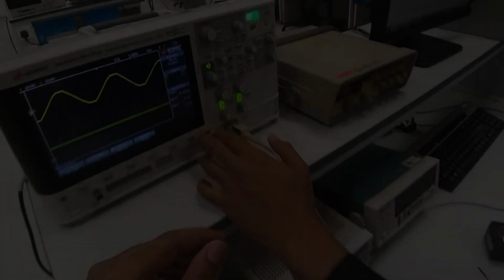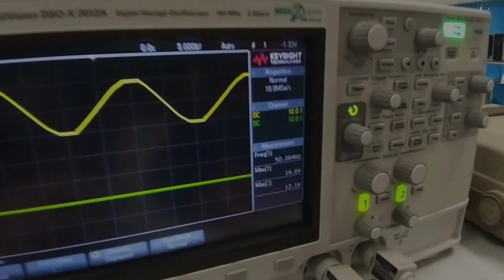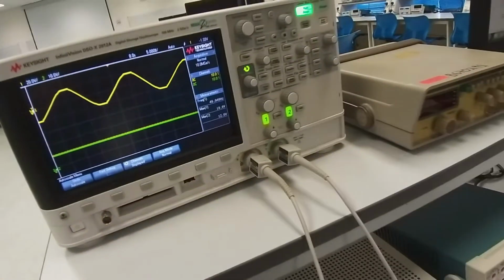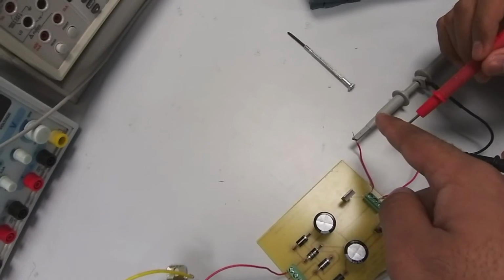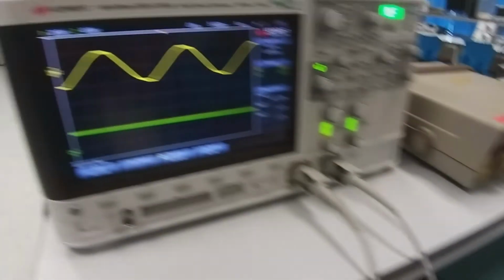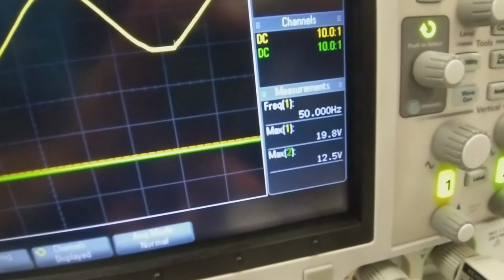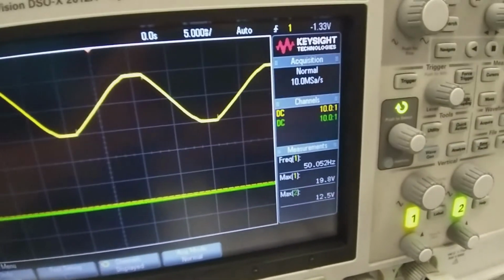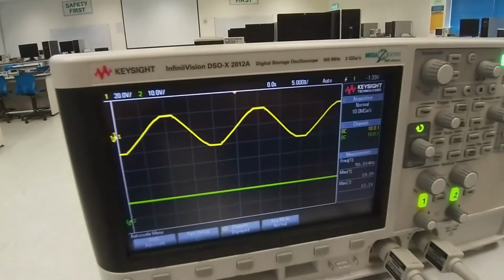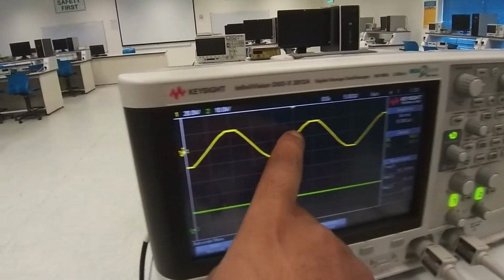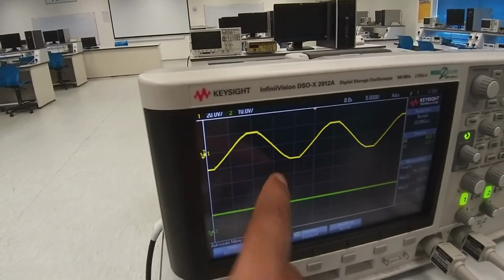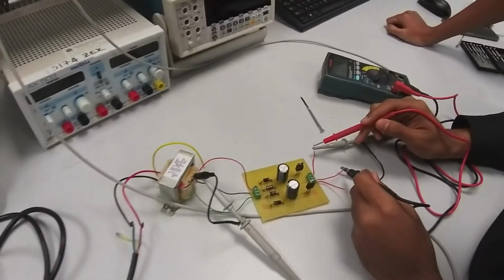Okay, as we can see here in the oscilloscope, when we connect this cable with the positive output, this is the waveform that we get. It's equal to 12 volt, around 12 volt. This one is the input power. So to check more,